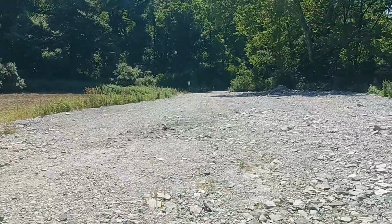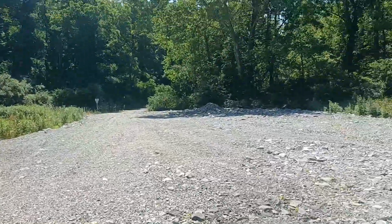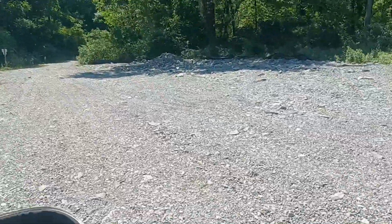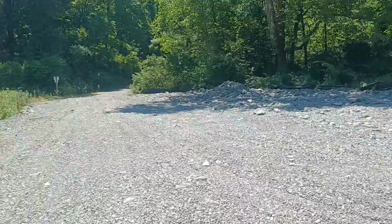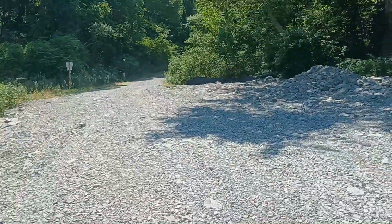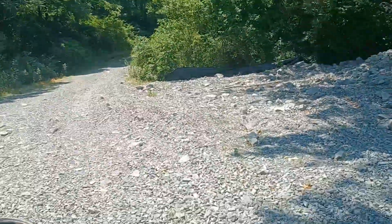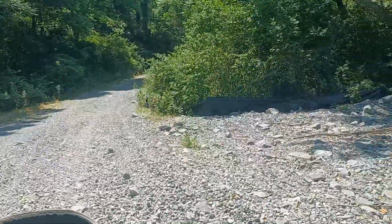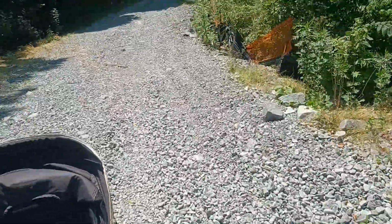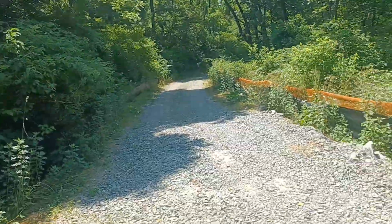This is the staging area that was created when they were rehabilitating the area to try to mitigate the water flow coming out to Route 46. It's taking care of it right now, but I see the potential for it to get all dammed up further downstream, and it's a deep cut. Any amount of branches could get in there, and with the right amount of rain, could just flow back over the top of that. It would take a tremendous amount, and I suppose if we look at history, the chances of that are not very great. So I do commend the effort to do something as quickly as it was done, but I'm also in favor of